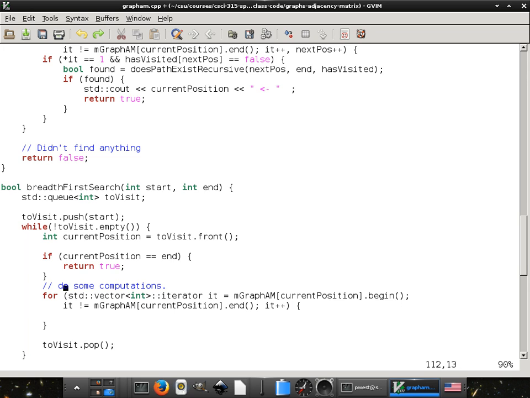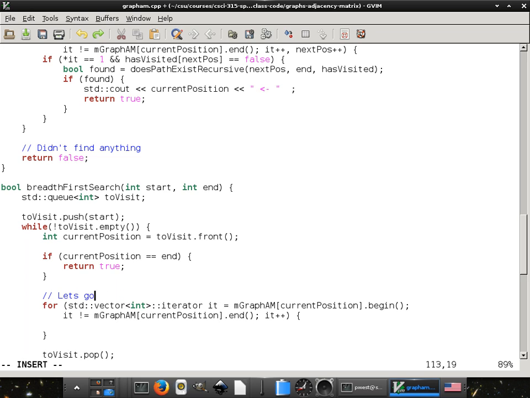So, oops. Let's go through the row. Let's go through the possible vertices we can visit. So we want to find out what we can visit. So if we can visit, namely if,